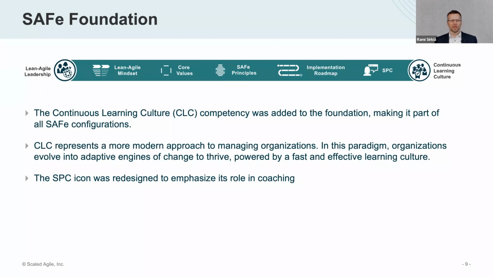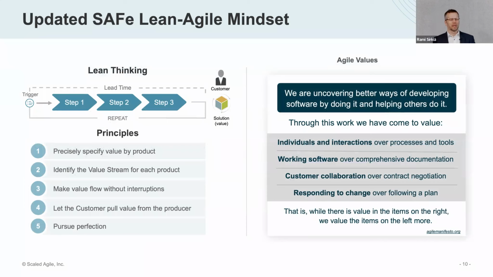Second foundation improvement is this lean thinking. You remember there used to be a house of lean. Now that's gone, but we would like to highlight these 5 lean principles as part of the lean thinking itself. And obviously this highlights much more the flow nature of the model, and flow as a way to run and manage your organization and improve your organization. Agile values in the Agile manifesto, that's still the same. We will come back to this flow because the flow is one of the major themes in the transformation of this 6.0 altogether. So we will come back to that one.